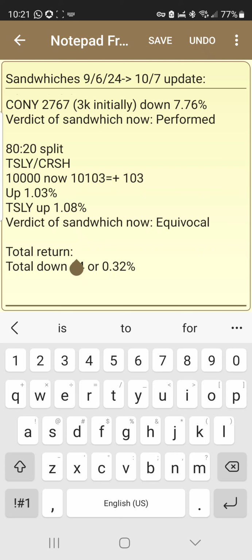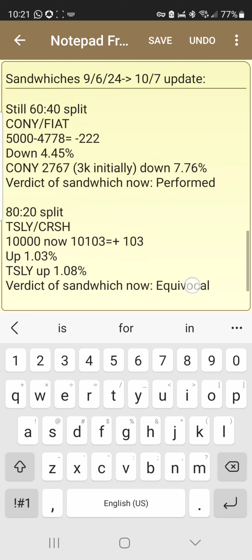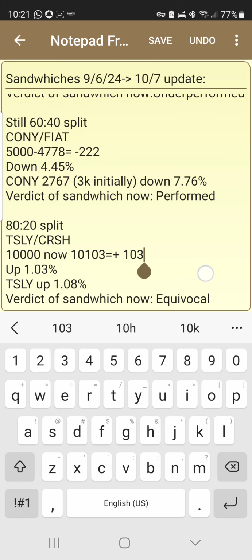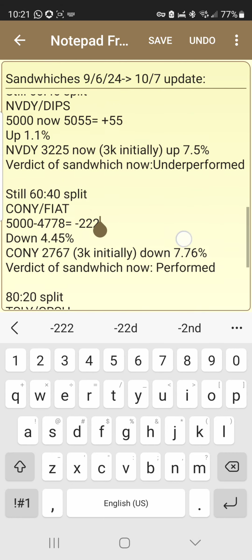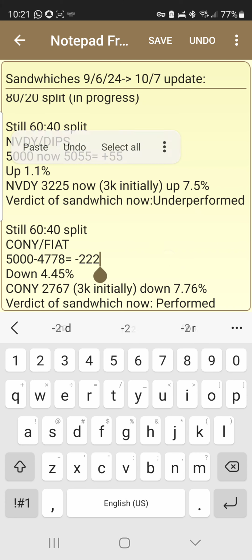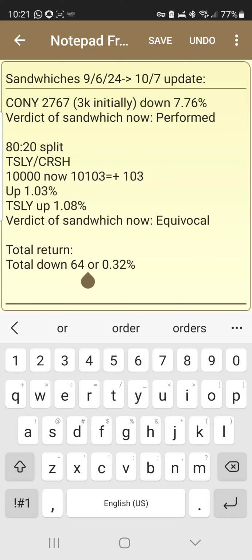So now if you add up so far, and just to mention, like I said, this is fairly new, the new bump up in 10K. That's new. But so far, my total is that I'm down $64. Why am I down $64? Because I earned 103 here, and I lost 222 here, and I earned $55 here. So if you add it, the total would be negative $64. If you divide that by the entire portfolio, right now it has 20K in the sandwiches at this moment, so that's down 0.32%. So right now, all the sandwiches together, I'm a net negative of just a hair, just 0.32%.